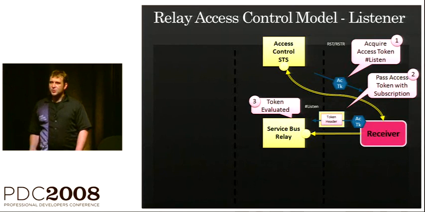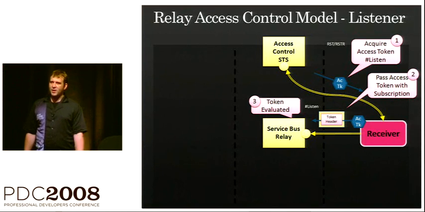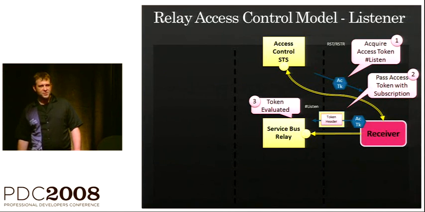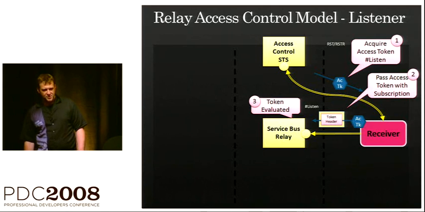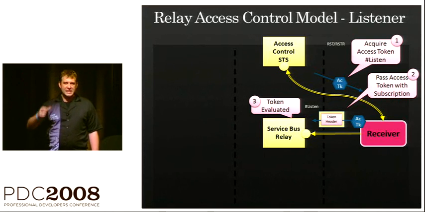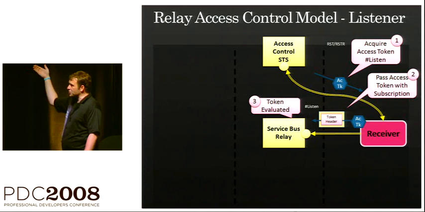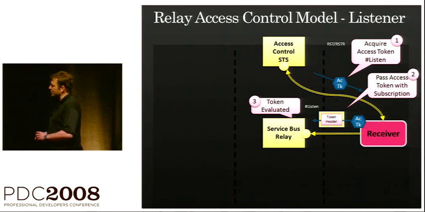This is true even if you use the access control service directly for your systems. If any client acquires a token and acquires a set of claims, it's none of their business what actually is in there because you don't want them to tamper with it. The access control service says, yes, this is the truth. And therefore, nobody can tamper with the truth. Therefore, it needs to be passed as is, without any chance of modification, down to the service bus relay service.